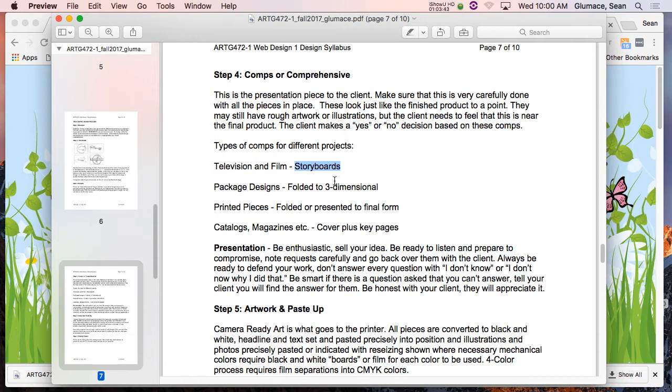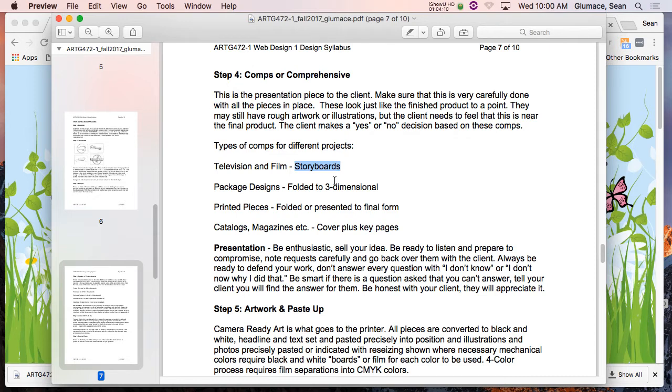But being able to work back and forth with them, be ready to defend your work too. They're going to ask, why is this blue? Well, your corporate identity guide says your color is blue. I want it to be purple. Well, no, you can't. Go talk to your art director. It isn't going to work. Here's why. And we pull out the identity guide. I go, look, I'm following your guys' rules. If you want to break them, I'll break them, but I'm trying to protect you as well.